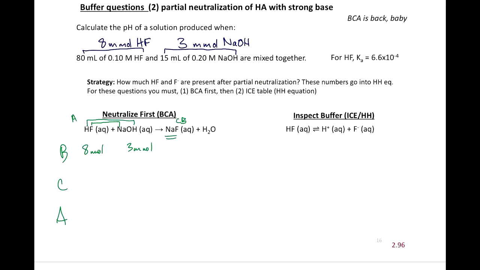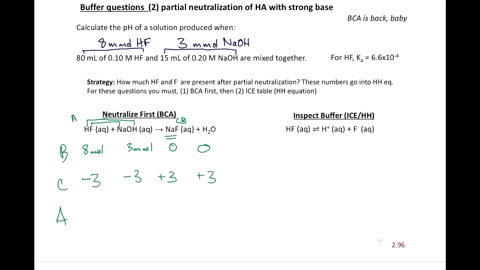So with BCA tables, it's not about, okay, which way does the reaction shift? No, this reaction always moves in the forward direction, but we need to identify what is our limiting reactant. I hope with easy numbers you can see what is obviously our limiting reactant, which substance? NaOH. So limiting reactants get fully consumed, so minus 3 millimoles of sodium hydroxide. If I consume 3 millimoles of sodium hydroxide, what else is consumed? HF, but how much? Minus 3. So it's minus 3, but then what's produced on the other side? Plus 3,